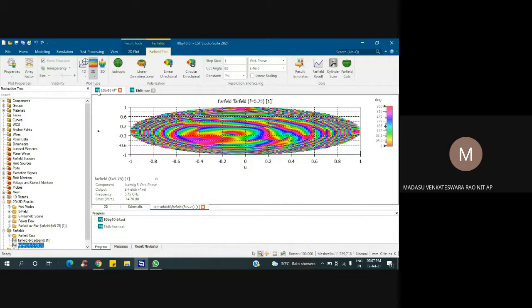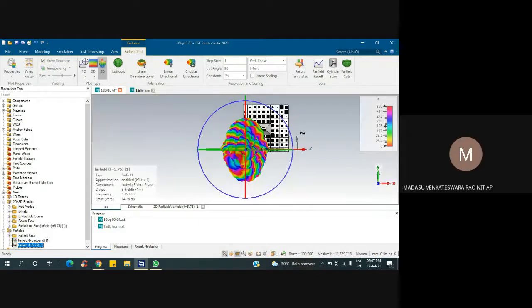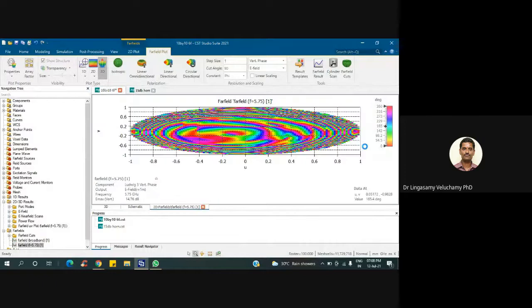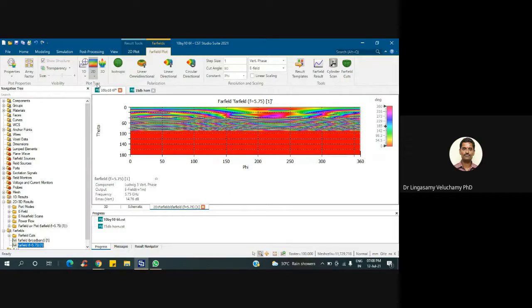No, sir, not this one. What I want is, this is propagating in the Z direction, sir. In the Z direction, I want to place a plane, to see how the field is varying, that phase, like this. You mean to say, in 2D, can you select the other one? Okay, fine.